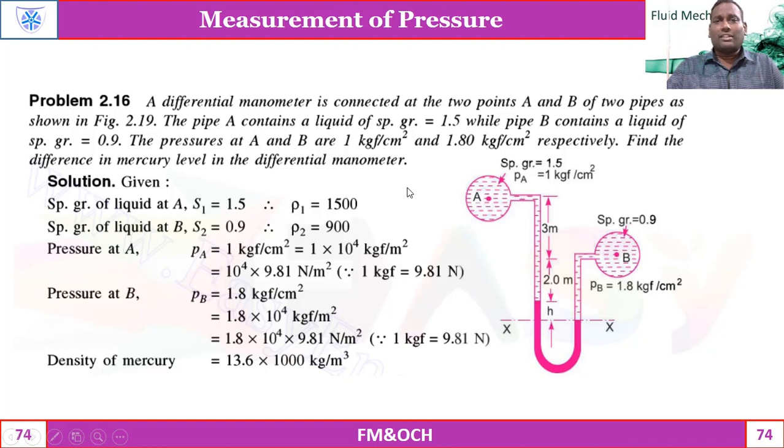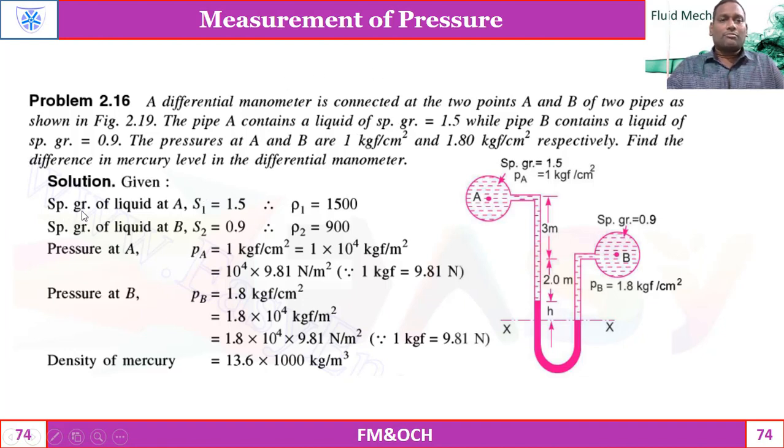this is the problem given where the pipes are at different levels and some of the properties are given. They want to find the difference in mercury level. So here you see h instead of the difference between pressure. The examiner asked to calculate what is the difference between the mercury level in the depth. h we need to calculate. So for that, first we need to note the given data from the problem.